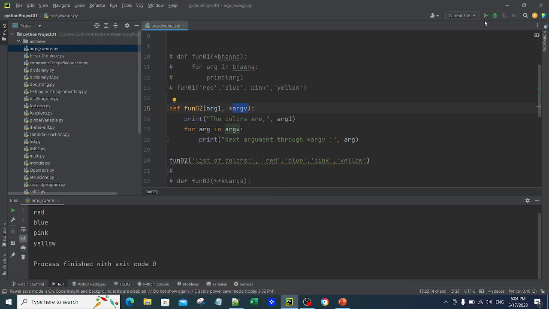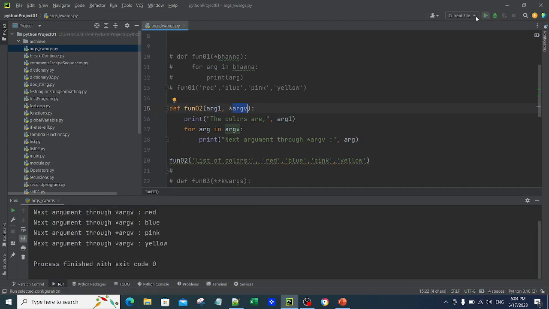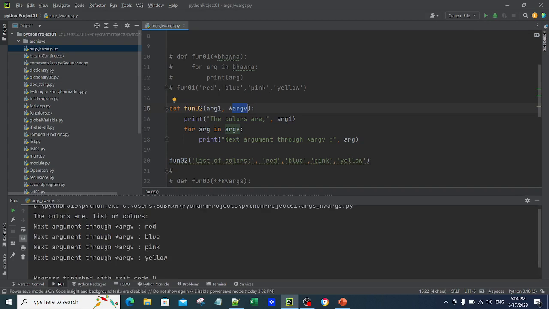So now if I run it, you will see what happens. This is just the text that I have written over here. If you see my argument 1 which I am printing, it is taking the first argument which I provided while calling the function as argument 1. All the rest it is taking as red, blue, pink, yellow as the